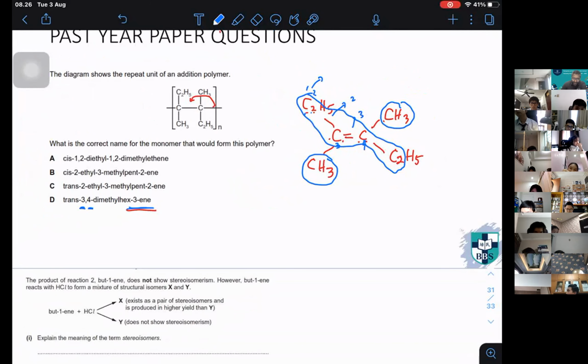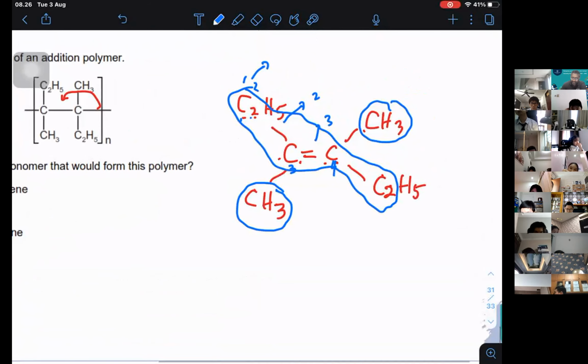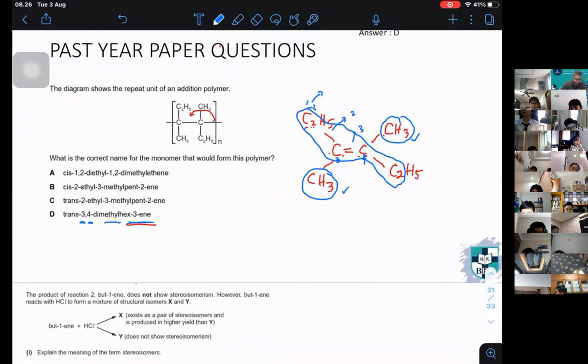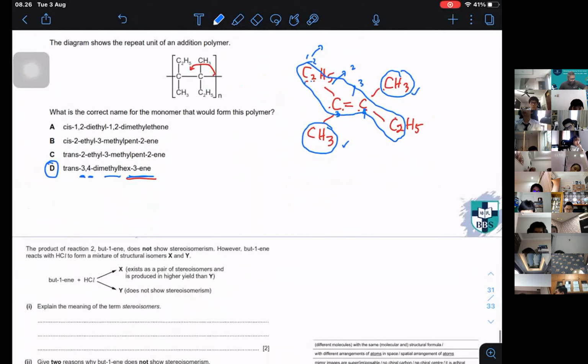And then why dimethyl and why trans? You can see for yourself, it's opposite. CH3 and CH3, they are opposite. That's the reason why it is called trans. So that's going to be the answer. That is how you identify. So if I move further,